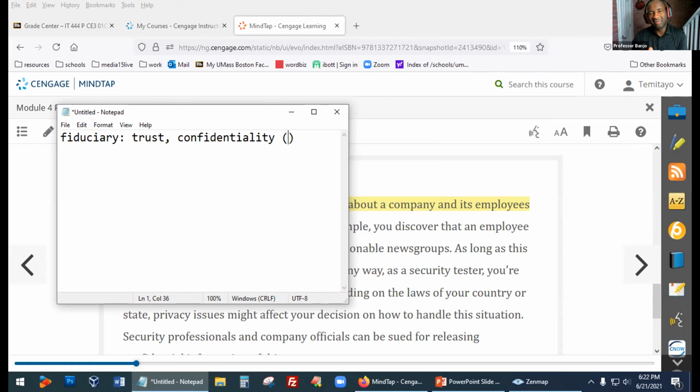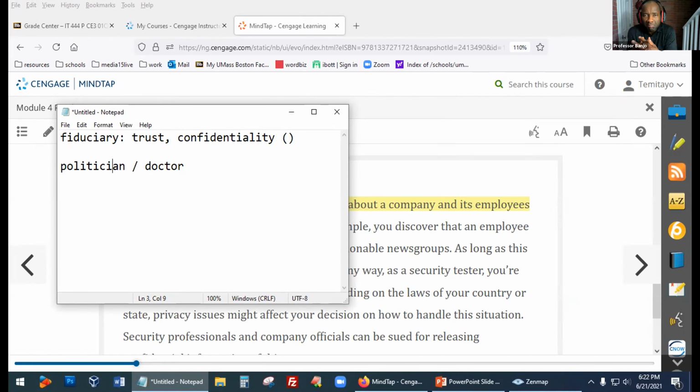So let me ask you this question. Based on what you said, would you compare, it's kind of interesting though, if we look at a politician or, let's say, a doctor, who is more, in your mind, a fiduciary?